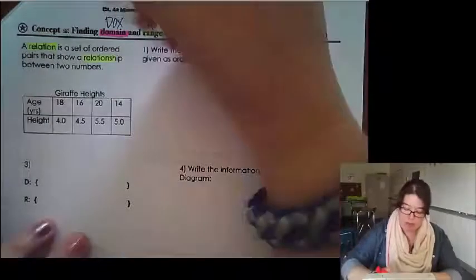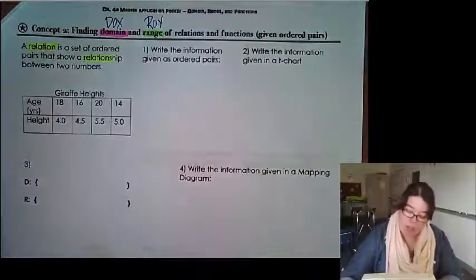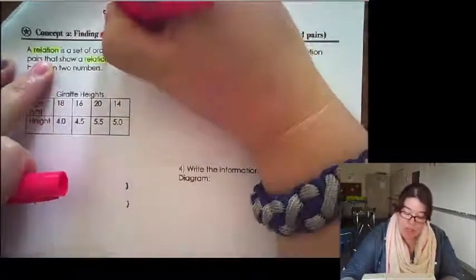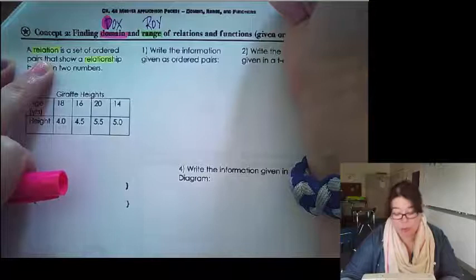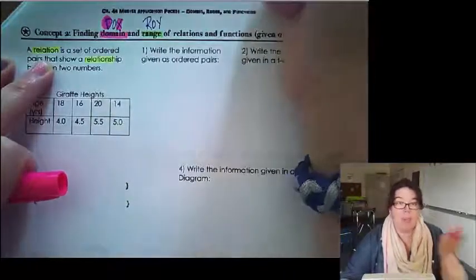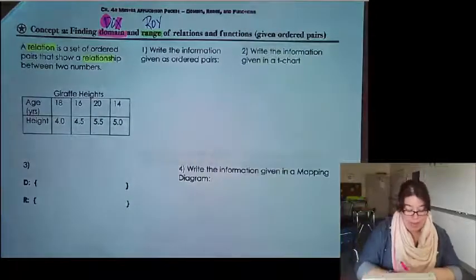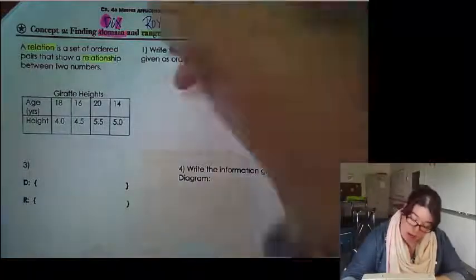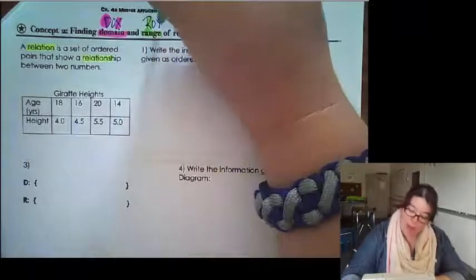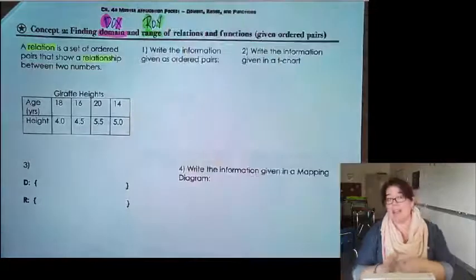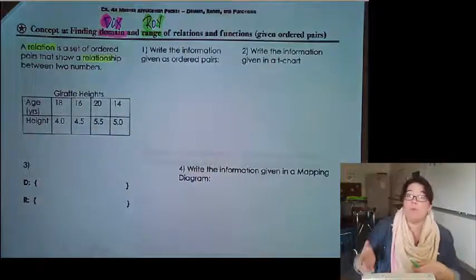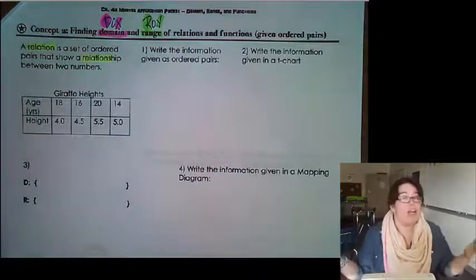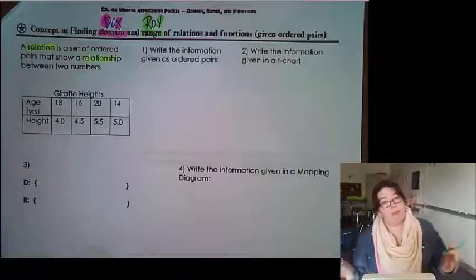For the domain, oops, we'll use pink for domain. Domain, which starts with D, is connected to the X because domain is the X value. Range, which starts with R, is connected to the Y value. So domain is X, Docs, range is Y, Roy. Docs and Roy. So we're going to find Docs and Roy for some of the relations that we have